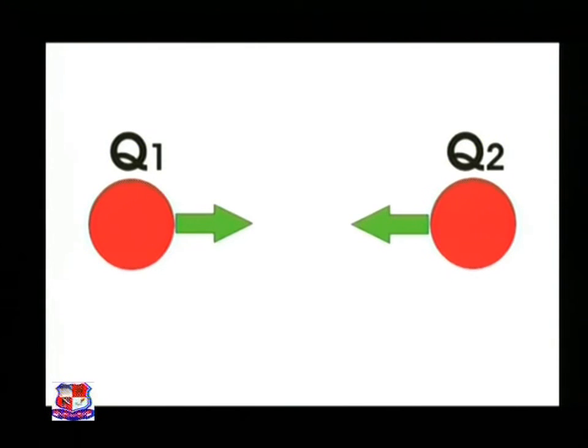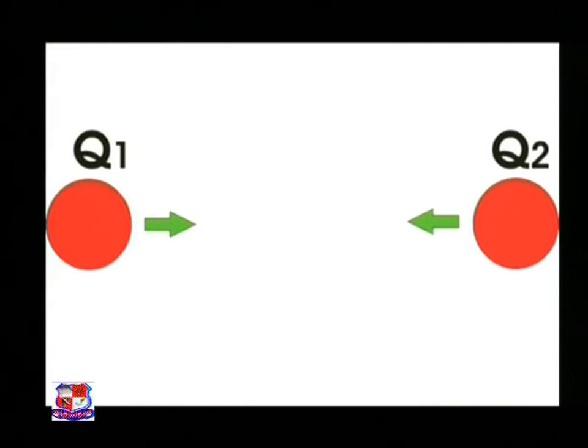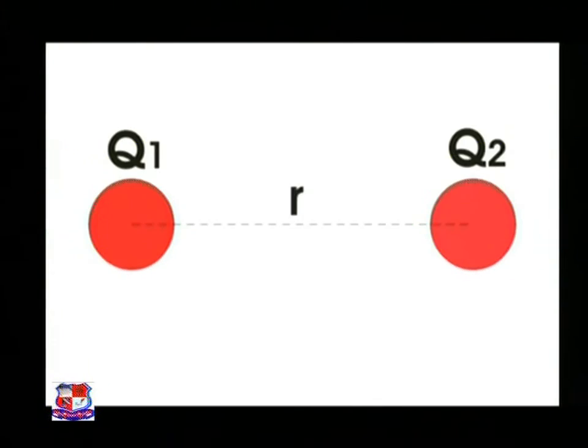Now, by keeping the charges fixed at Q1 and Q2, if we bring the charged bodies nearer to each other, the force between them increases. And if we take them away from each other, the force between them decreases. If the distance between their centers is r, it can be proved that the force acting on them is inversely proportional